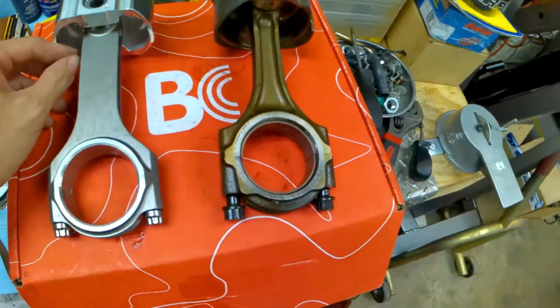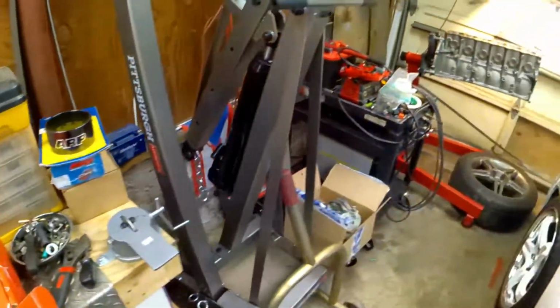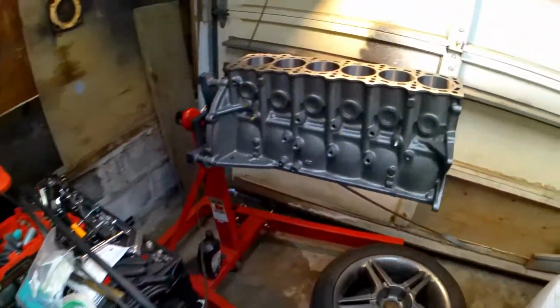Beautiful. They look good. It's all assembled, ready to go. So let's start putting this crank in and